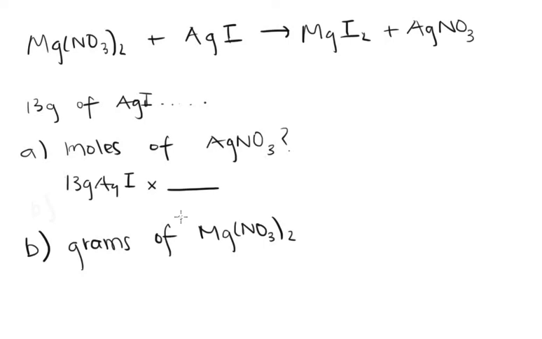Okay, so the molar mass for silver iodide is 234.8 grams. So 234.8 grams, 1 mole of silver iodide. Remember, grams cancel out, and that's how we put the conversion factors. So we want to convert moles of silver iodide to